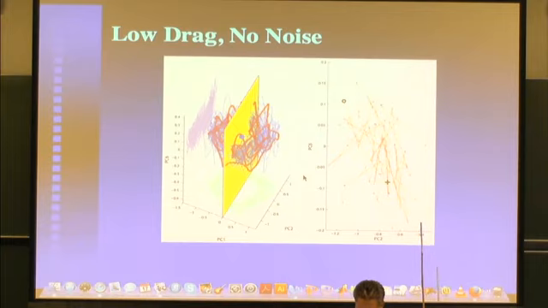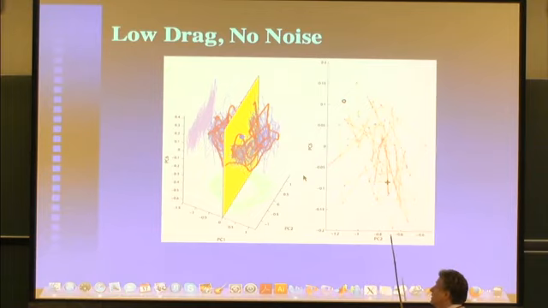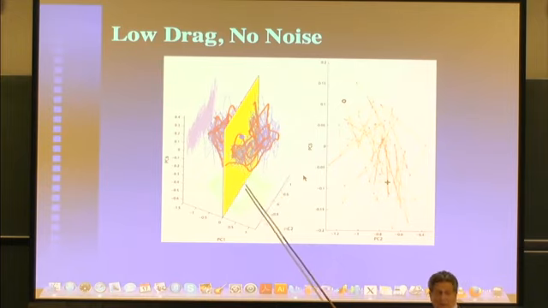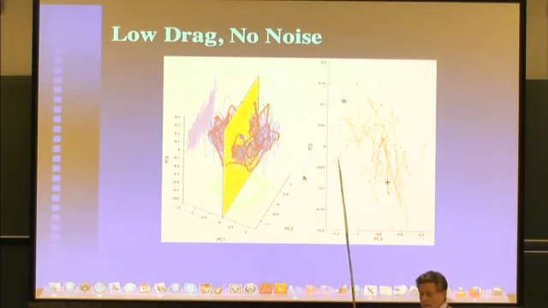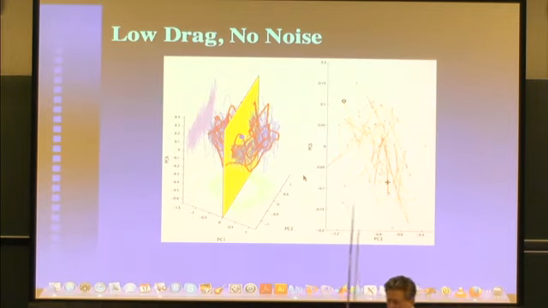The low drag case, I hope you'll believe, is really intrinsically different. This is the case with no noise. Remember, we had a nice limit cycle. The red curve is the last hour of a 10-hour simulation. The typical time scale is about 10 minutes here. You can see that this is quite different. I hesitate to call it chaotic because I haven't actually looked at the dimensionality. It may be some complicated aperiodic motion, and this is a projection down from 30,000 dimensions, remember.